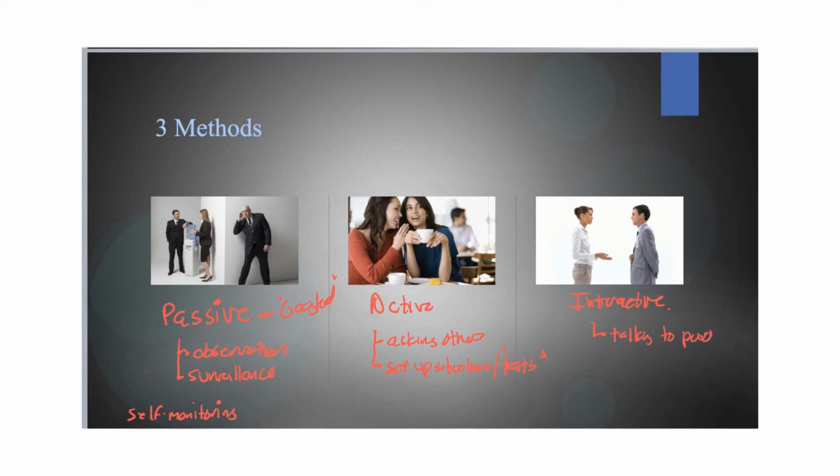You talk to the person. You ask them and say, how do you feel about me? Or what do you like about this? Or what would you do in this situation? You just talk to the person. That's interactive uncertainty reduction. So if you're doing the coffee conversations, which hopefully you are if you're in my class,